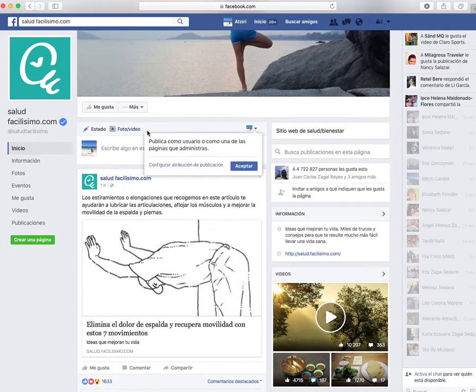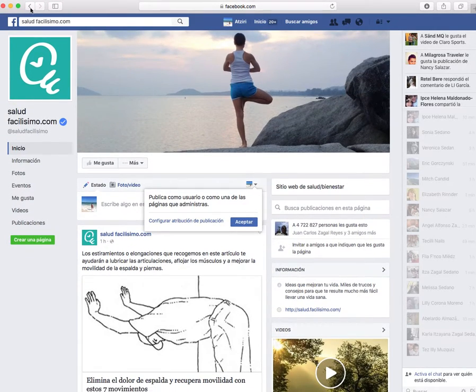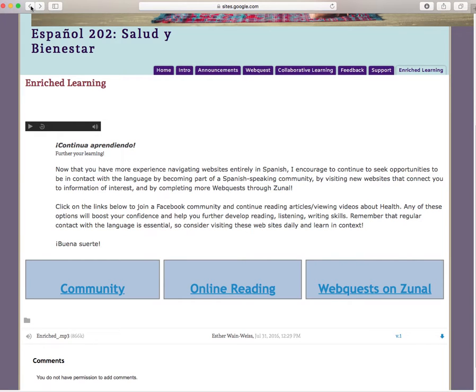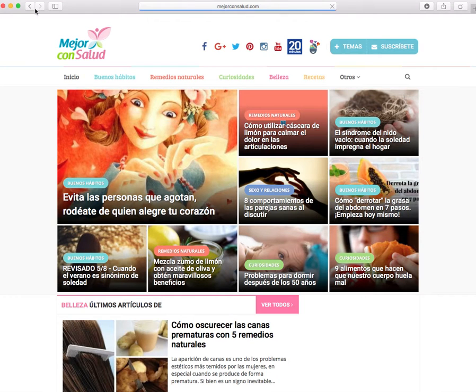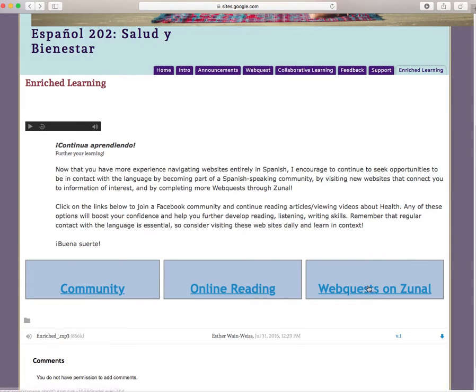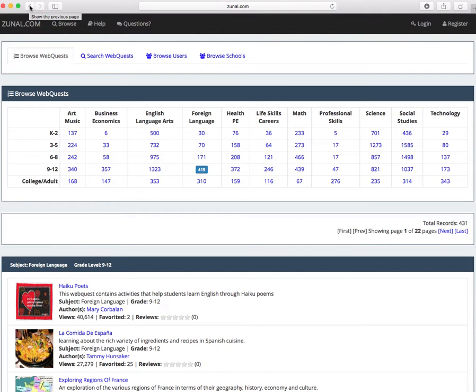And since it's the same format as English Facebook, they should be able to follow and hopefully start a conversation with some of the members. Next, there is an online reading. It's a website with different articles that they can read to learn in Spanish. And finally, a link to completing more web quests on Zunal.